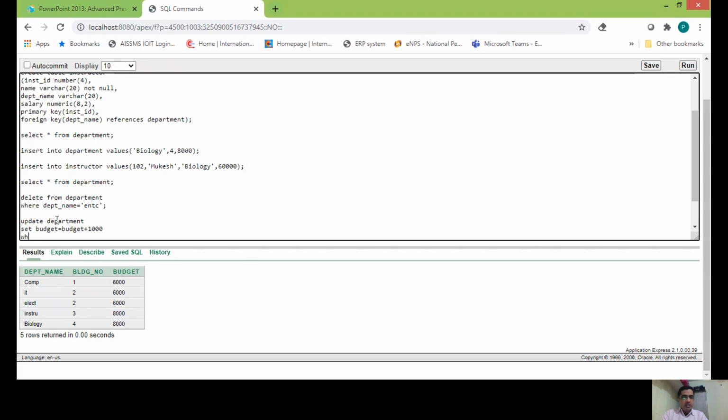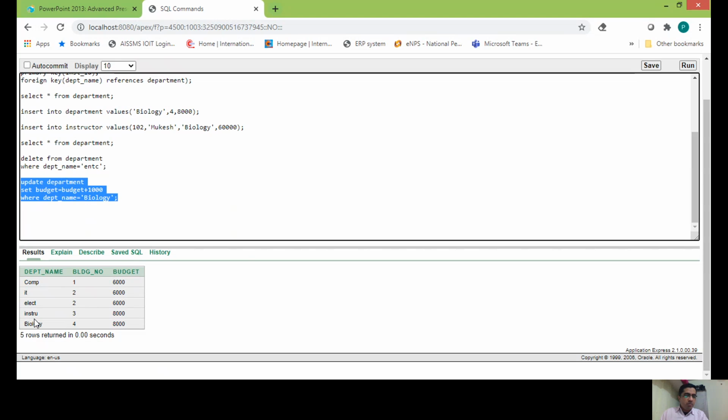Now here, if you do not write the where clause, it will update all the budgets, increasing the budget of all the departments by 1000. But we want only the specific department's budget to be increased, where department_name is equal to biology. And let us see the effect of this.